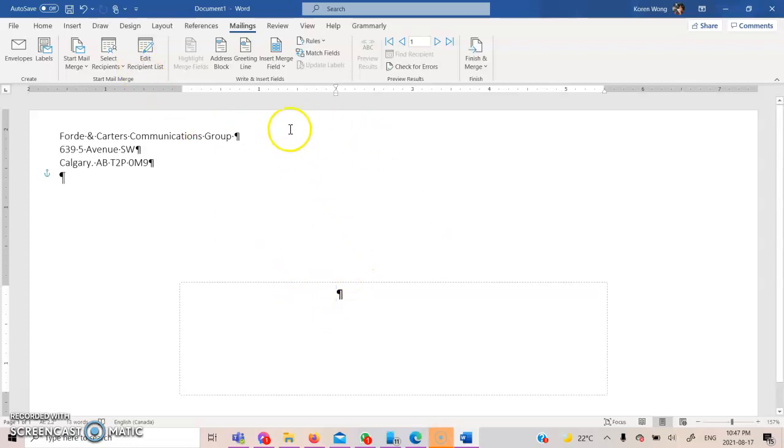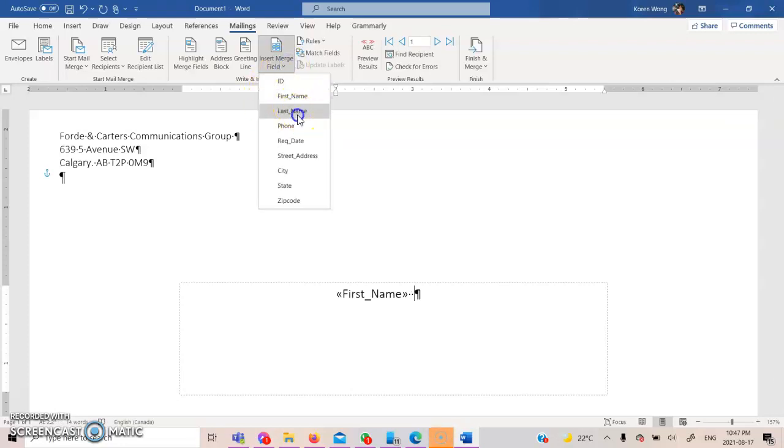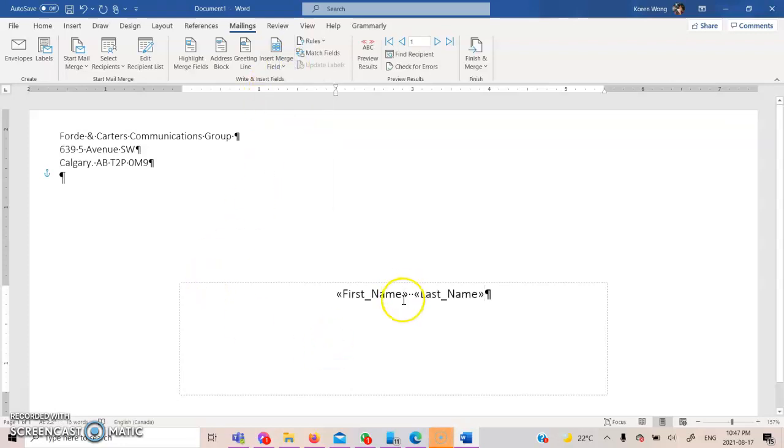And from here, you can go to your right and insert fields. You can start inserting the first name, and then you can enter in the last name, hit enter. From here, you can enter in the street address. Hit another enter, and from here, city,